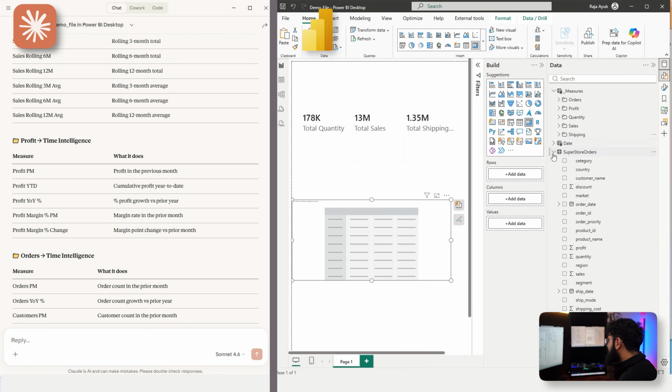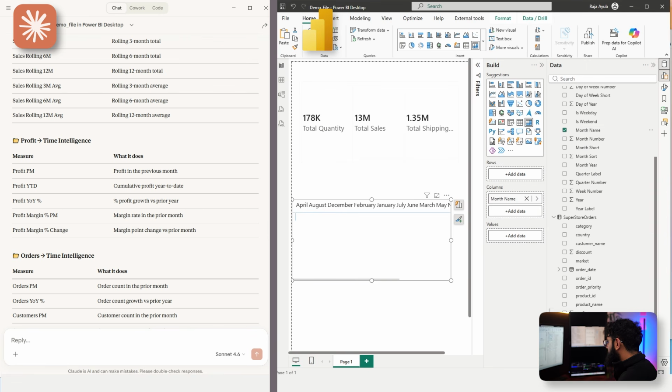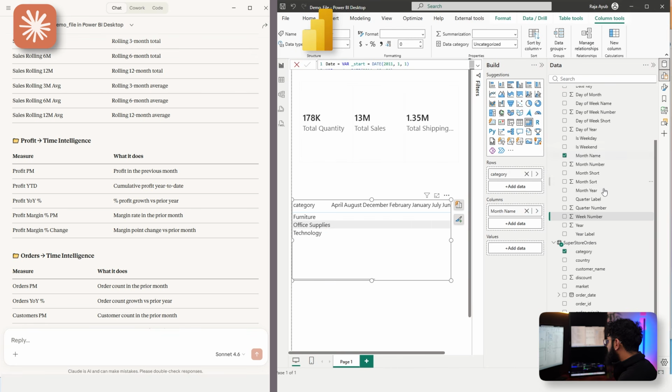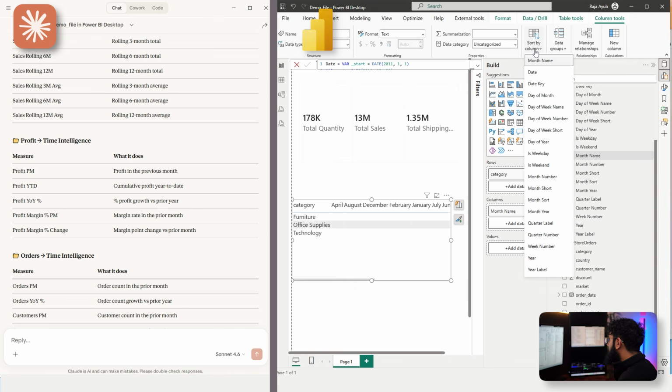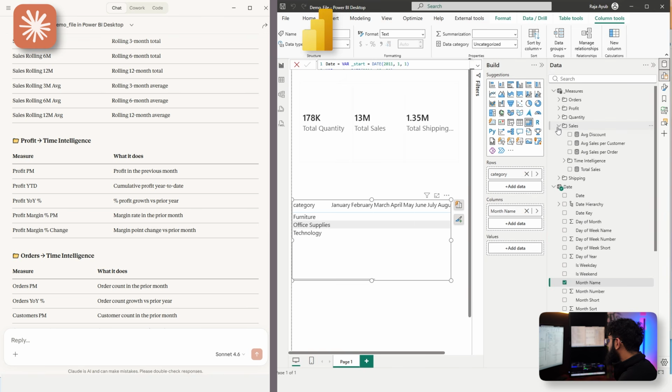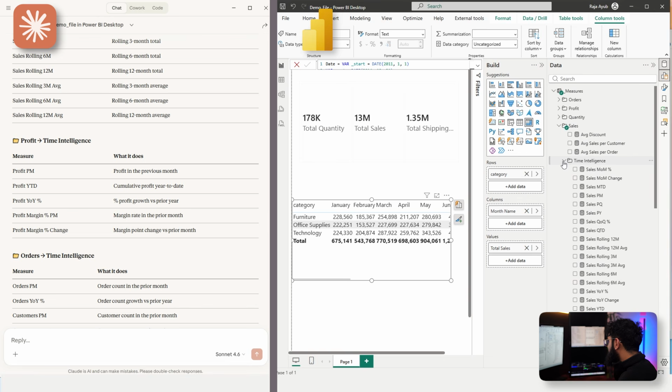And if we bring in, let's say, the month name into our columns, let's bring in some categories into our rows. And first, what I'll do is let's sort our month name by the month number. And now if we bring in, let's say, our sales into the values and then bring in our time intelligence,